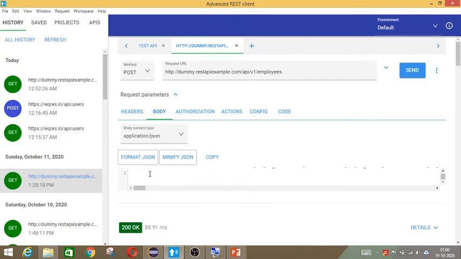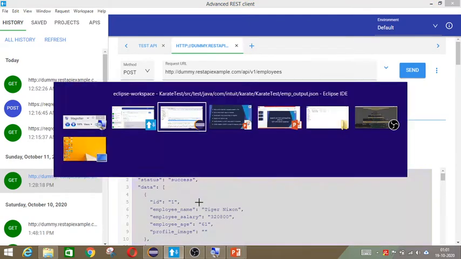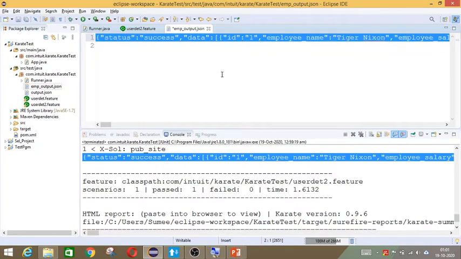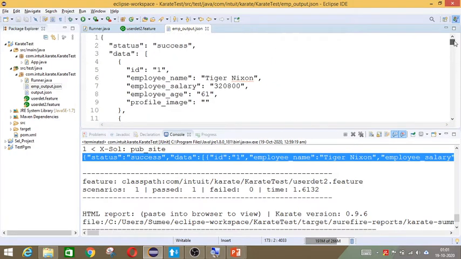Automatically formatting of JSON will appear. Now if you click on format, you will get the entire data in a formatted fashion, right? So now copy this, delete this here, and paste this data completely. Now you can see that the data is in a formatted manner. It is in a readable form, so it will be easy for us to understand.